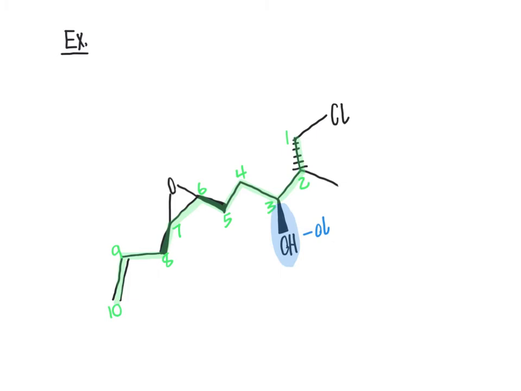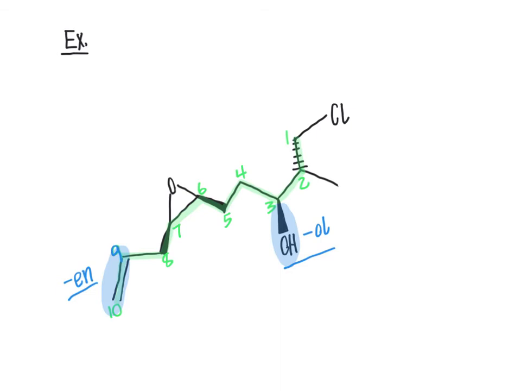Additionally, when we come over to positions 9 through 10, we have an alkene group. So we will need to specify that as well by using the term ene in our parent name, designating that the alkene group starts at carbon number 9. So filling this information in, the fact that we have an alcohol group and an alkene group, the parent name of the molecule is going to follow the template